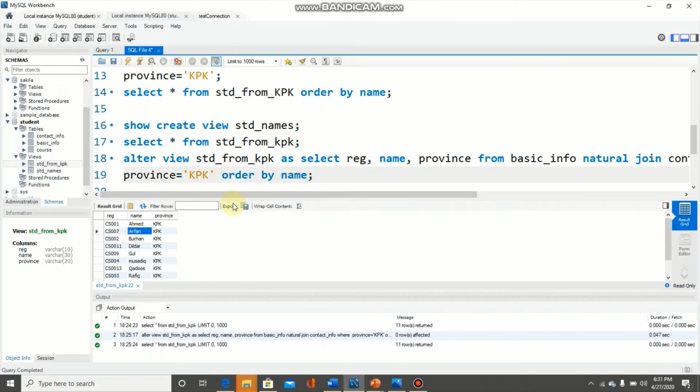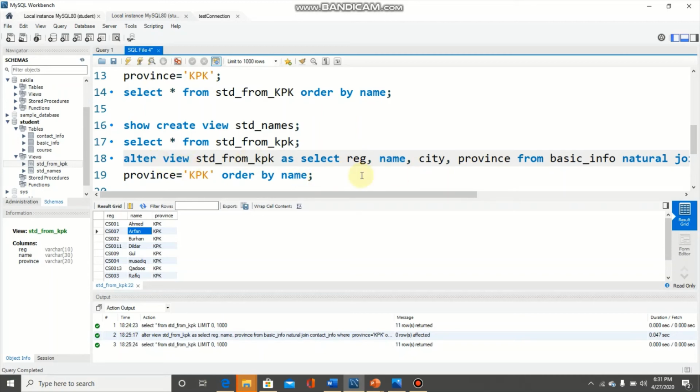We can also put one additional attribute. Here we have 3 attributes, and let's say we need city to be available according to this view. So here we need to execute this alter view with a minor modification.